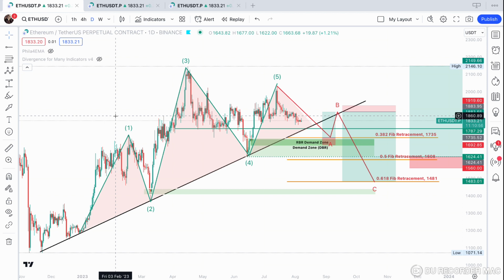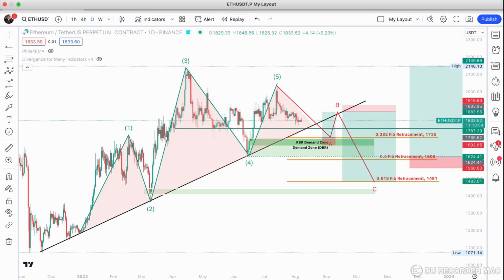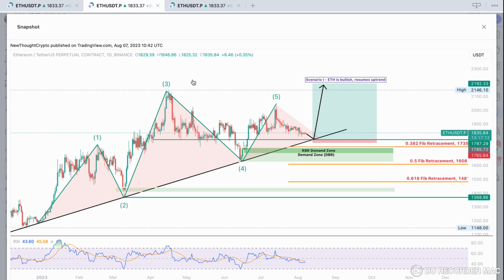I have three possible scenarios for Ethereum. First scenario is bullish, meaning that Ethereum reaches the 1780 or 1790 level, and this is the juncture of the upward sloping trend line and the horizontal support, and Ethereum reacts to this level and we see a strong displacement